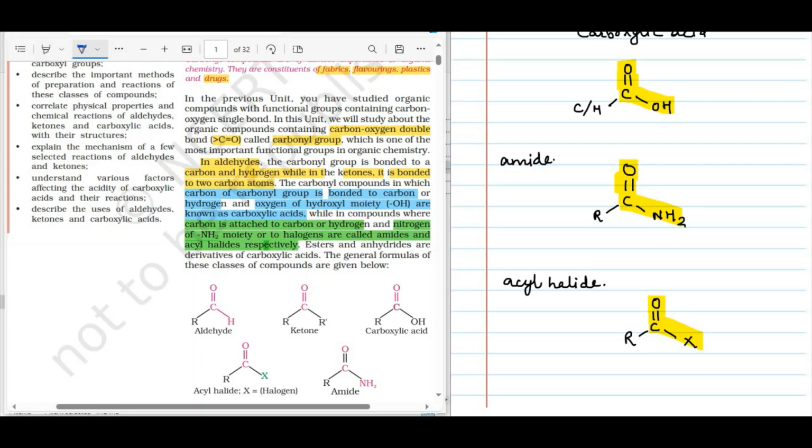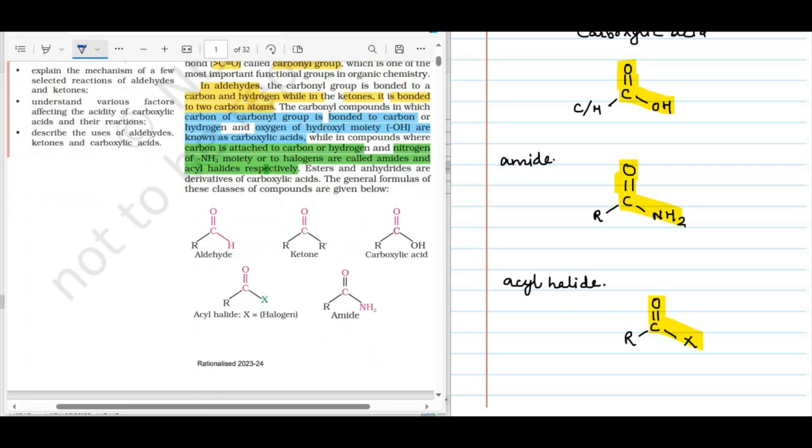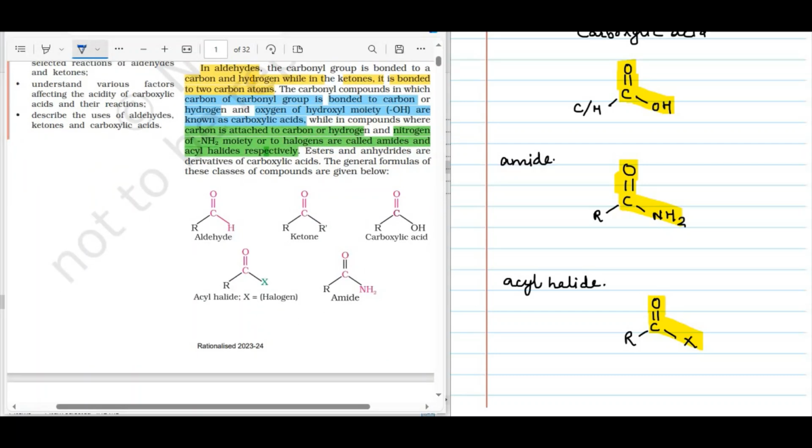Now let's read from the book. Esters and anhydrides are derivatives of carboxylic acid. The general formulas of these classes of compounds are given below. Here, when you see C double bond O H, this group is the aldehyde group. In ketone, the C double bond O group is there where the carbonyl carbon is bonded to two R groups, meaning two alkyl groups are bonded to the carbonyl carbon. In carboxylic acid,